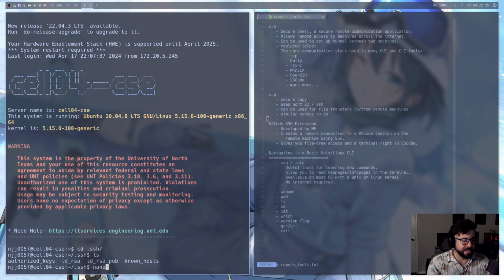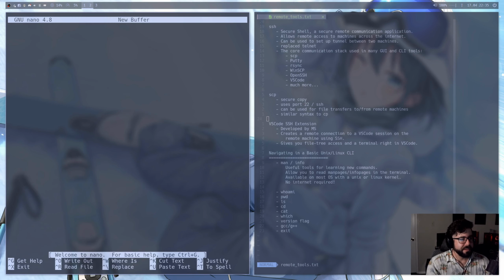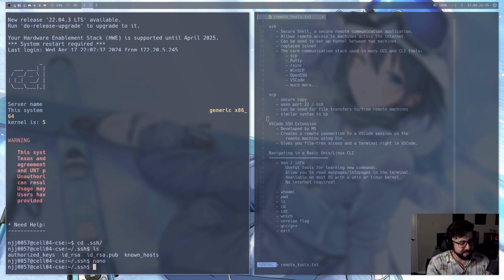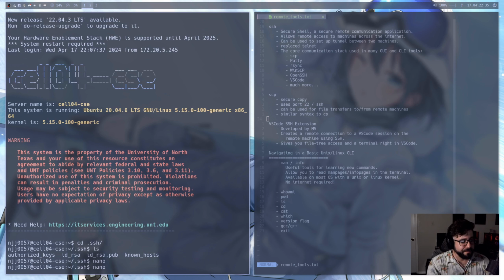For most people, Nano is a really easy notepad-like text editor. So we'll use this. Normally, you can use Vim as well on the cell machines. It's a little bit more complicated to use. If you know how to use Vim, great. Otherwise, just stick with Nano. It's pretty straightforward. So go to Nano, right? That's the interface. If we want to use Nano with a file, we do nano authorized_keys to open